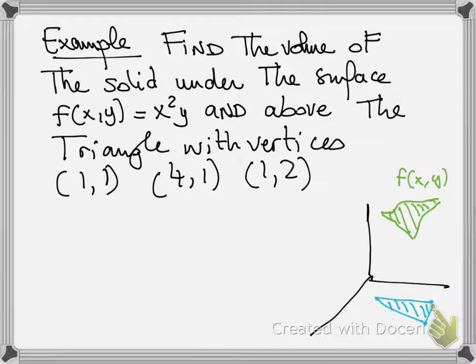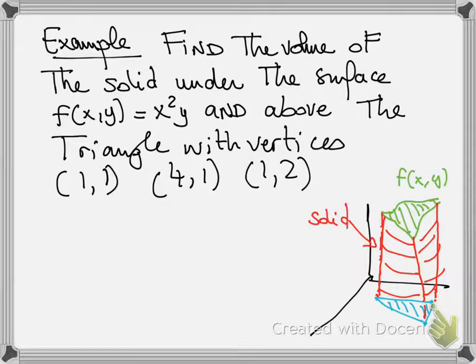This point here goes here, this one goes here, and this one goes here, so we can get this. So that will be our solid. Okay. So it's bounded by the green surface and the blue